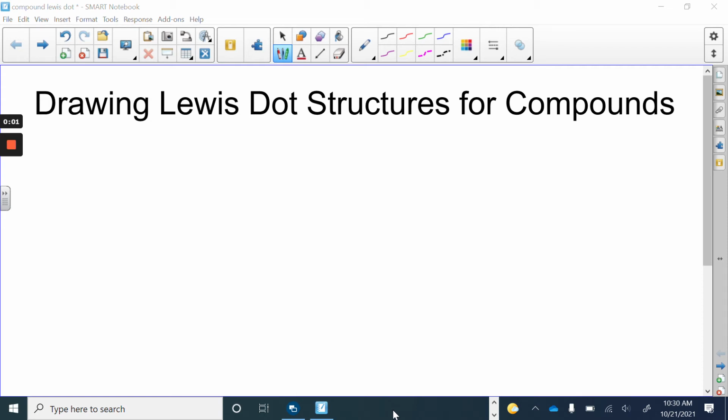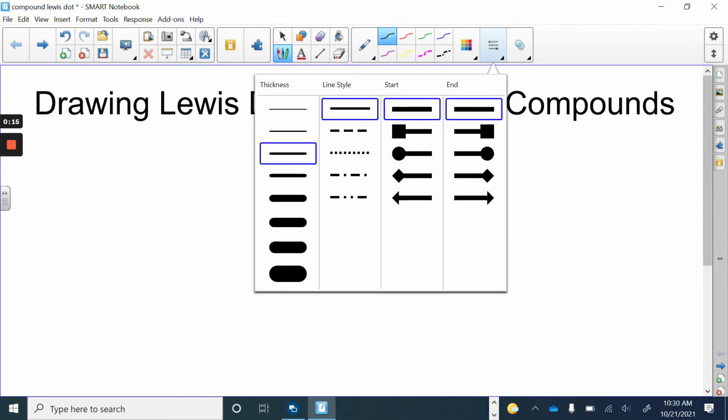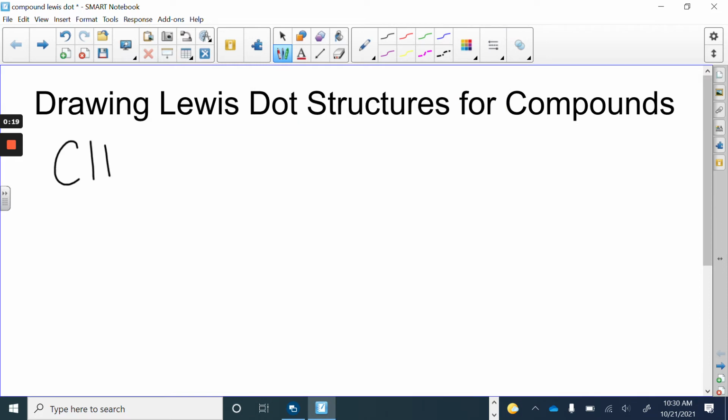I'm going to show you how to draw Lewis dot structures for compounds. You should have your guided practice notes in front of you, and you should follow along with me. So the first compound that we're going to start with is going to be CH4. So the first thing you have to do before you draw the Lewis dot structure is we need to